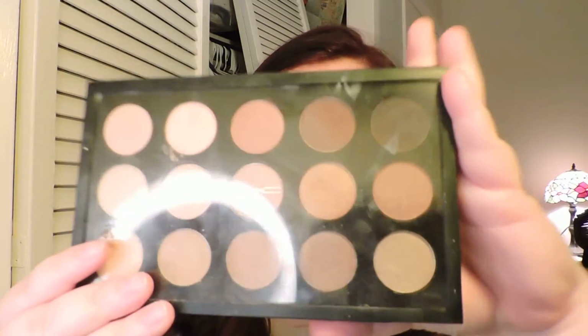But for eyeshadow, I'm going to be using the MAC Warm Toned palette. I mean, you don't have to use this. If you want to use a drugstore brand, I would use Wet n Wild. I love Wet n Wild eyeshadow. I think I ran out a couple days ago, but I love it. Color Tattoo is good, and you get this at Walgreens, CVS, or Sally's Beauty Supply. Yeah, and it's really cheap. I think it's like $4. But yeah, so to be fast,